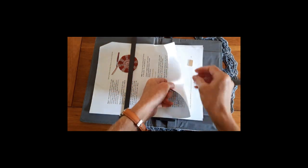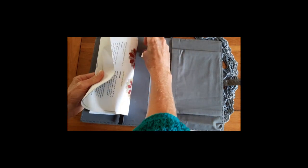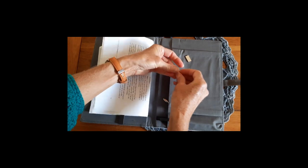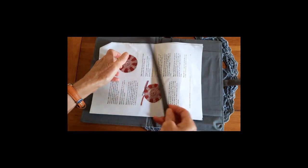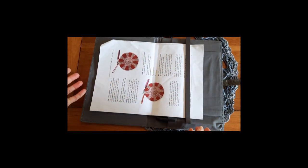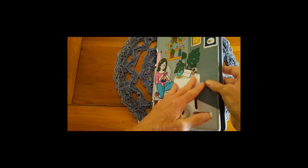So in between the pages, it does go through this complete thickness here. So I can put it down here, or even if you're down the bottom and you want another marker spot down here, put them across there and go, okay, I'm up to there. It will stick there as well. So in a book, just put it on the other pages and it will hold your page for you, and